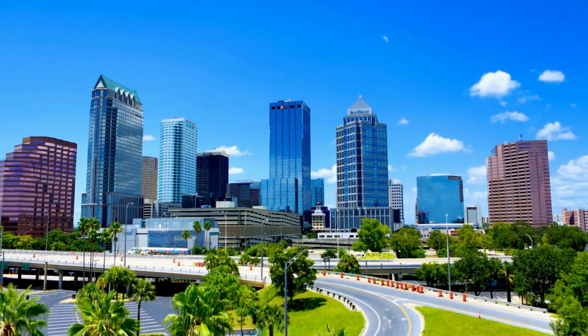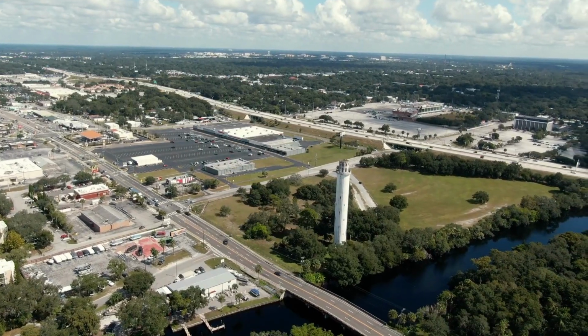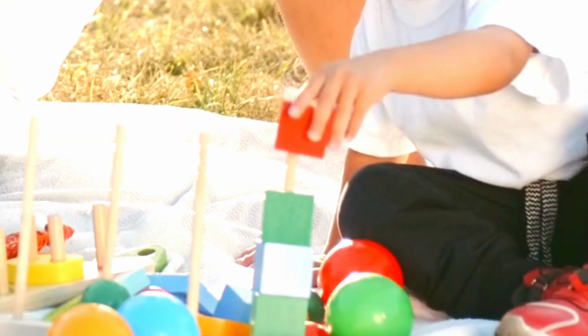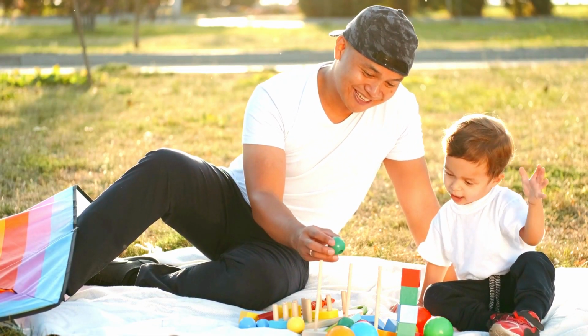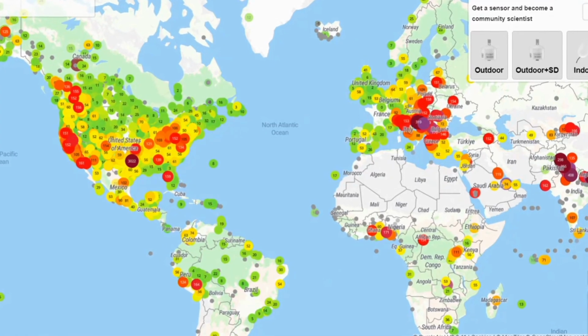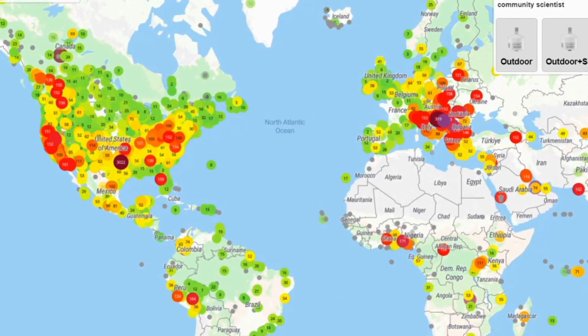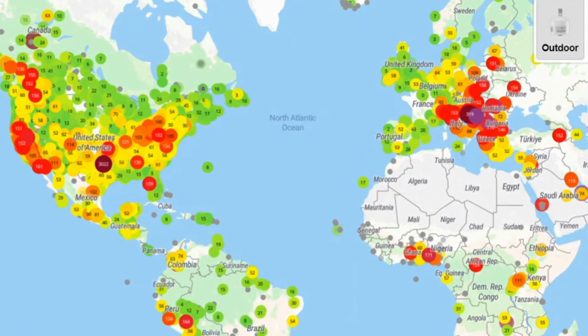PurpleAir monitors are installed at multiple community air monitoring sites throughout Hillsborough County and next to highways. These community sites can help you, me, and all of our neighbors better understand the air quality where we all live, learn, work, and also play. In this video, we'll go over how to access and understand the air quality data using PurpleAir's interactive real-time air